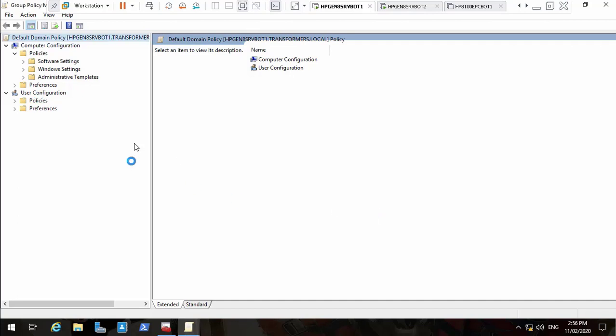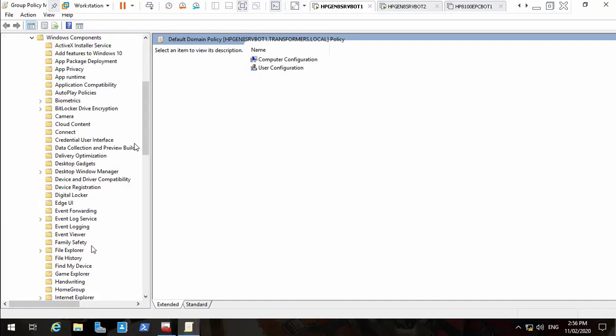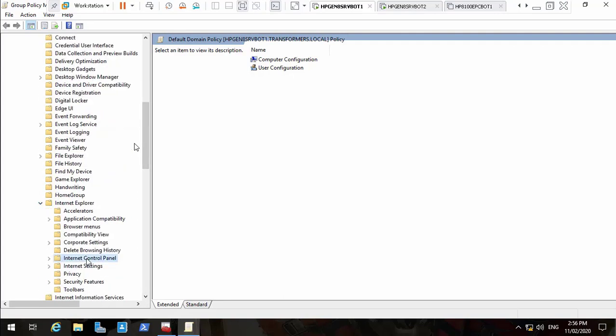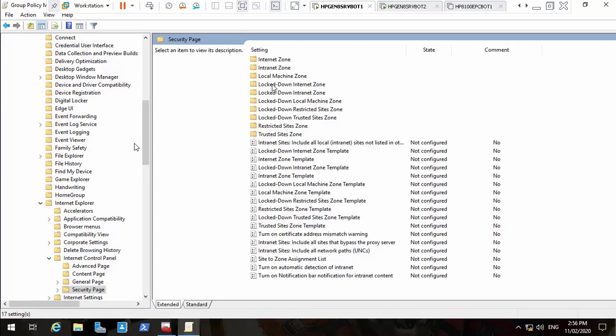Before, the zones in Internet Explorer were done through numbers. The intranet zone, the local internet zone, is given number 1, the trusted zone is given number 2, and the restricted zone is given number 4. I think another one is given number 5, but let's go here to the control panel, security page, and then